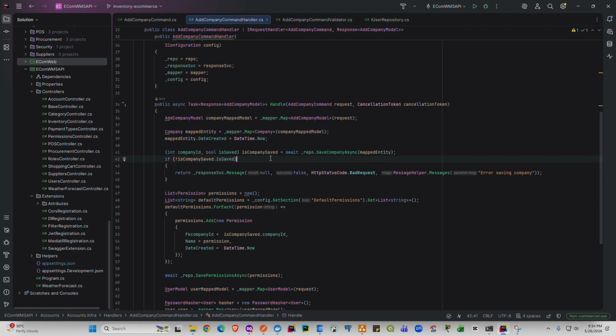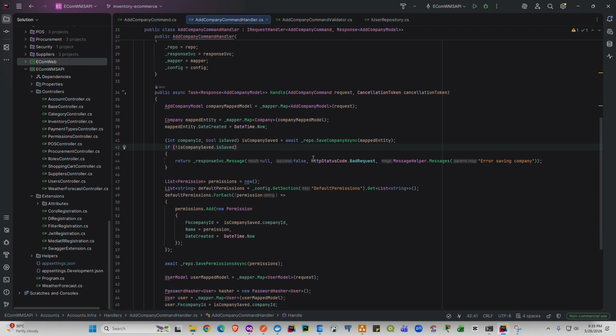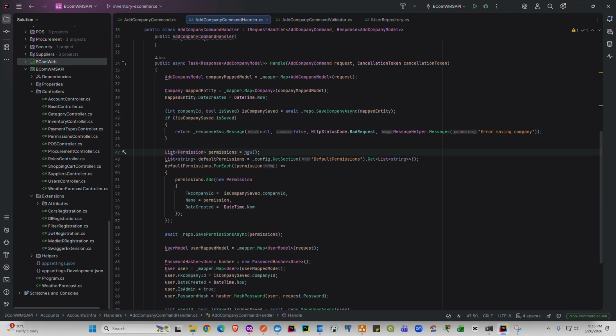And whenever this condition matches, this will return a message from the payload which contains the message error saving company. But otherwise, if the saving of company information is successful, what will happen now is to proceed with